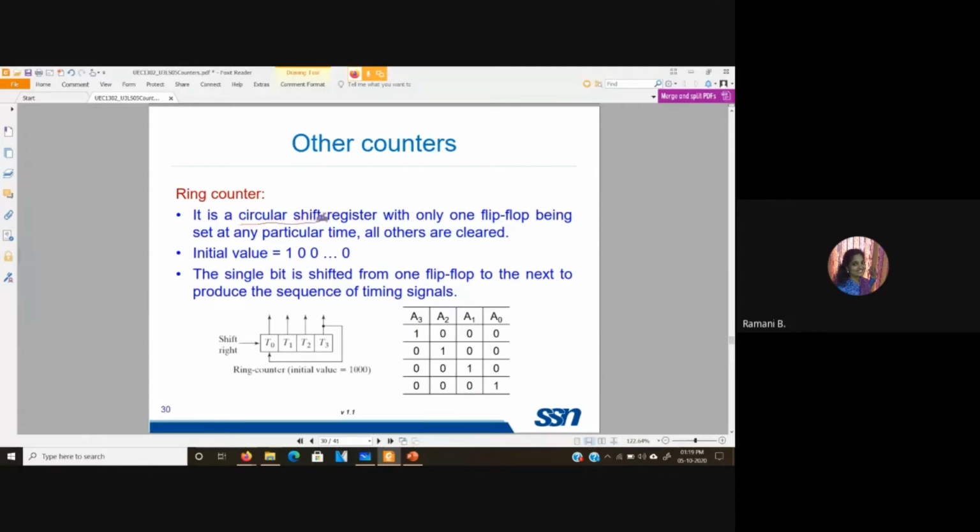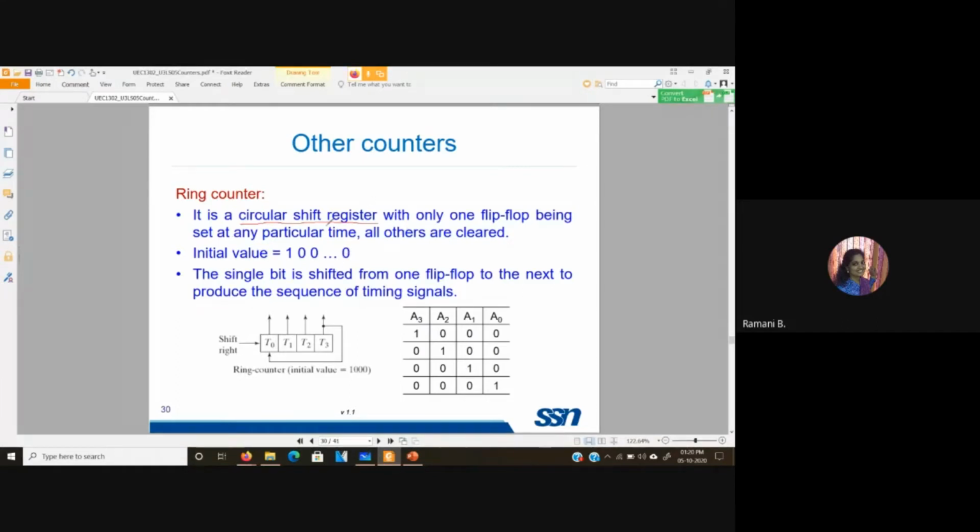With register, I said it will be storing 1 bit information. So shift register means it is having the capability of shifting the position as and when it receives the clock pulse. The circular shift in the sense the last will come to the first one, that is sort of cyclic fashion. That's what you need to have in mind now. We will be seeing registers in detail in the next class.